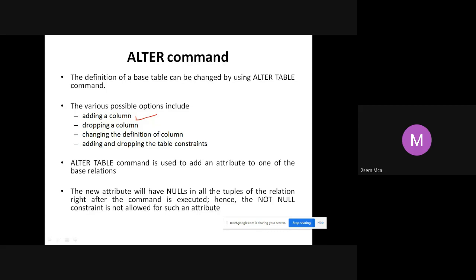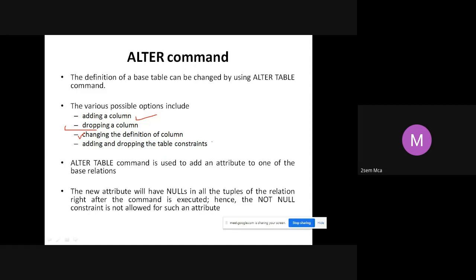So we can use alter to add a column. We can use alter to drop a column. We can use alter for changing the definition of the column. This also we have done. You can change the data type, you can change the size of that data. All this can be done.